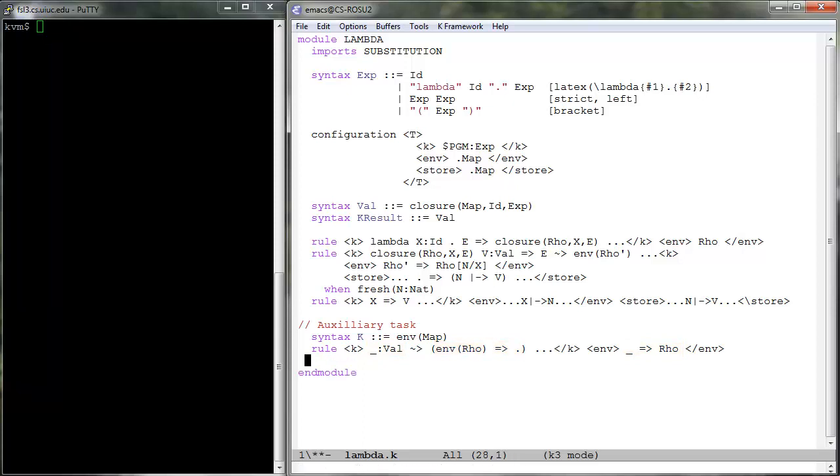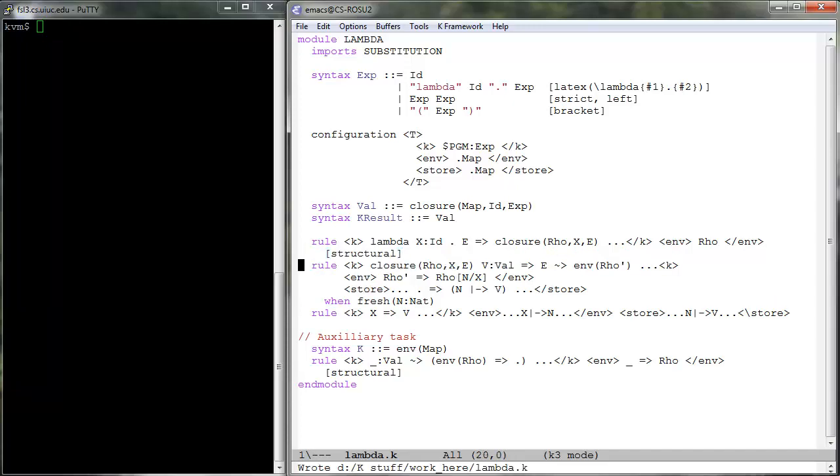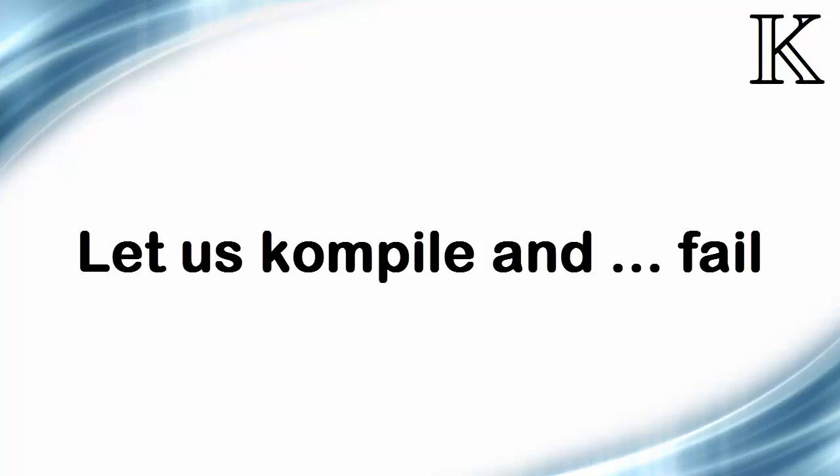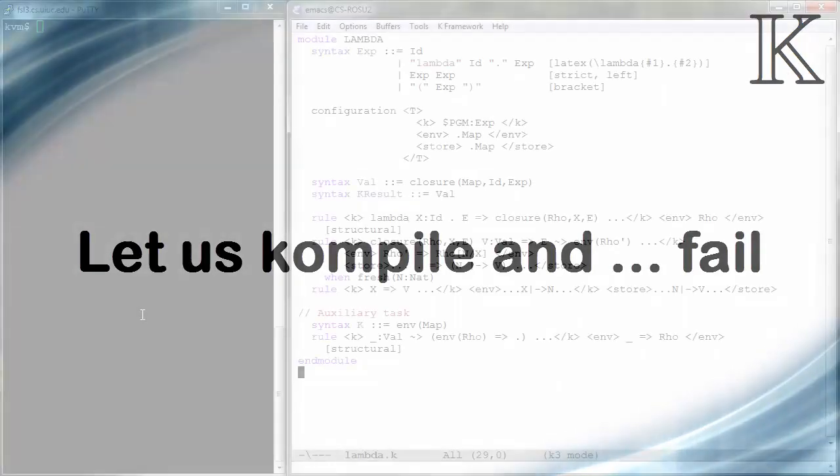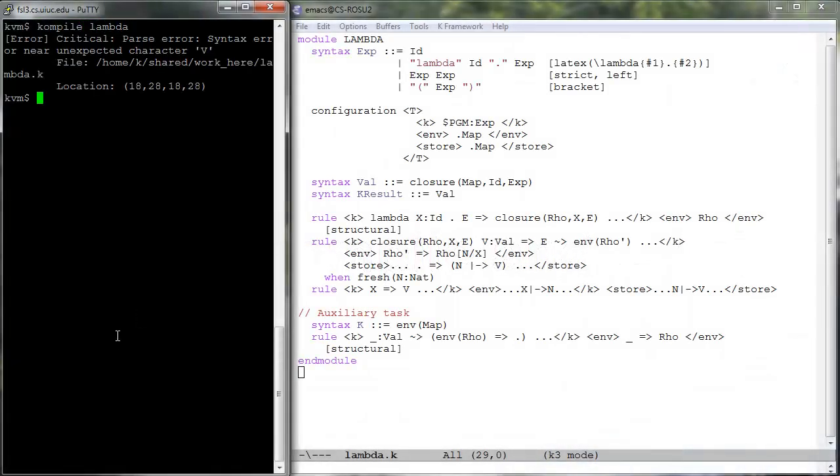Before we compile, let us make this rule and the lambda evaluation rule structural, because we do not want these to count as transitions. Let us now compile and fail. Compile lambda gives a parsing error saying that v does not fit there in the closure invocation rule. That's because val and exp are currently completely disconnected, so k rightfully complains that we want to apply a value